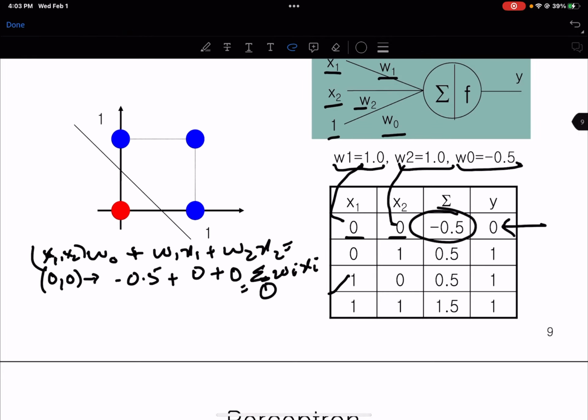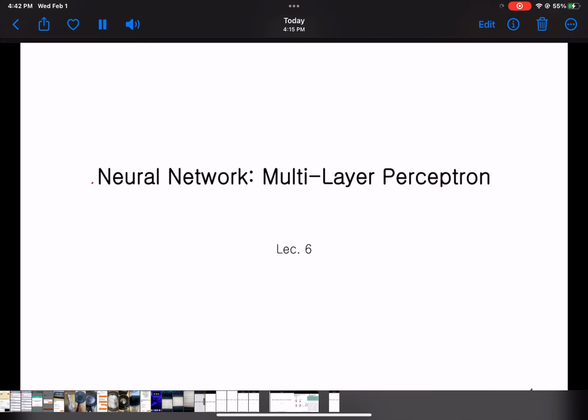Let's test for this. Today we are going to study the